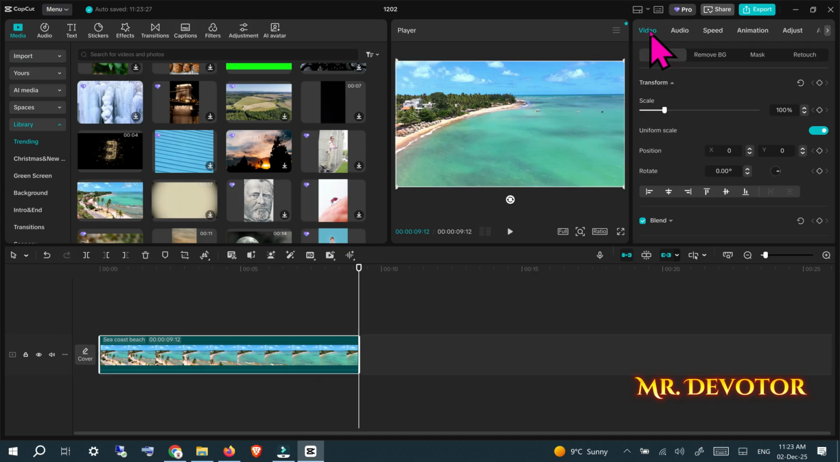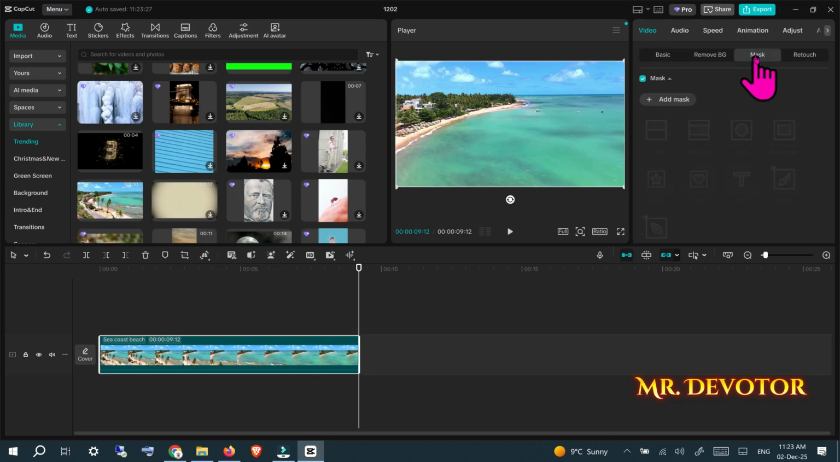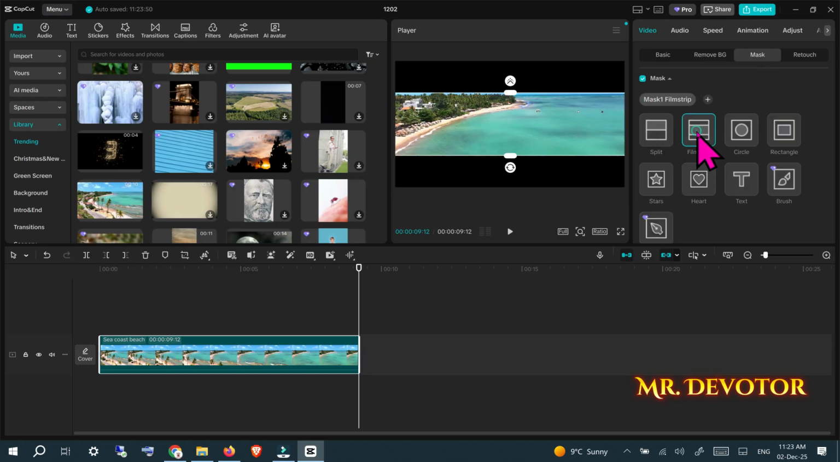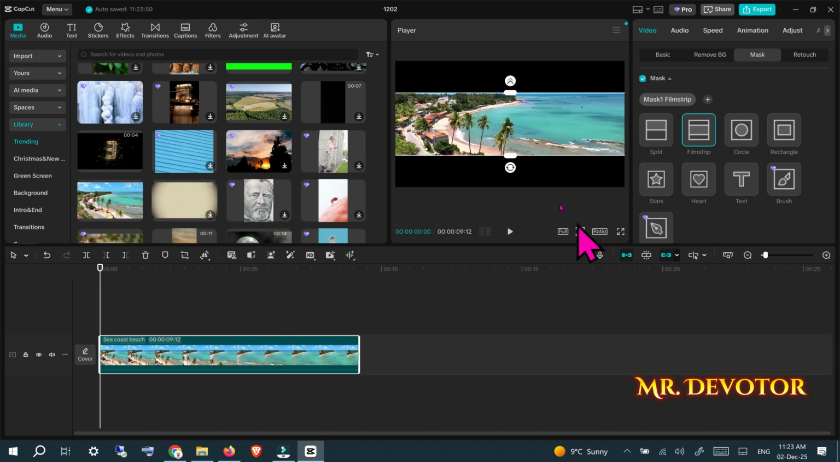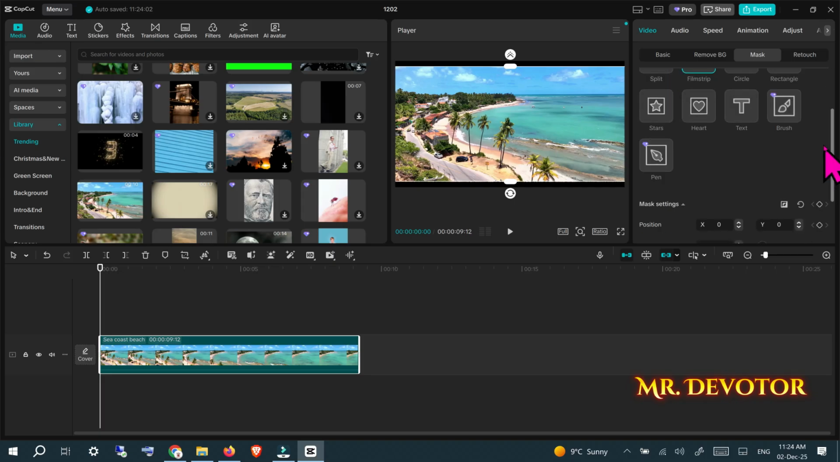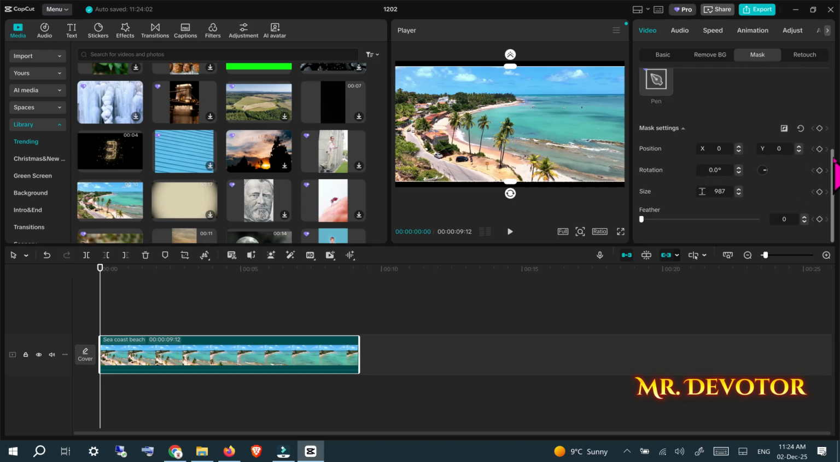And now head to the video section and click on the mask tab and click on the add mask. Select the film strips and go to the starting point and adjust the cinematic effect position and here. And now scroll down and click on the mask setting